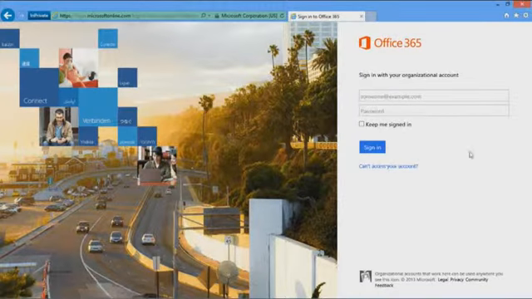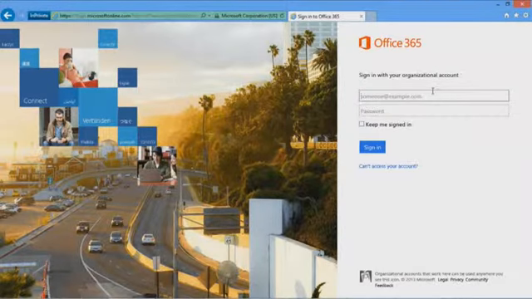All right, look better? All right, so the new Office 365 sign-in portal. We've been trying to figure out where this picture comes from. I'm not sure if it's Seattle or where that picture comes from on the screen. Los Angeles, they're telling me in the background here, so great. So I'm going to go ahead and sign in.